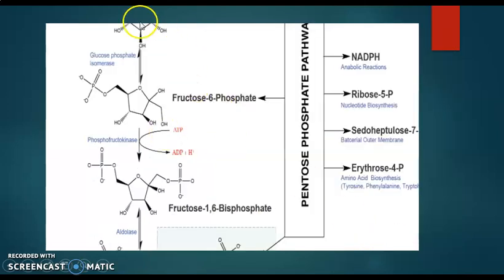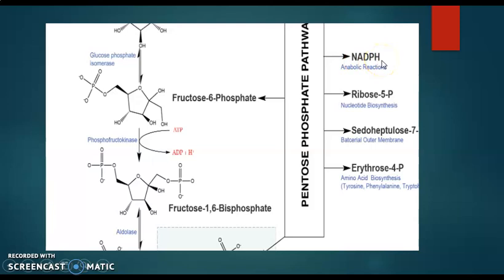In another slide, this glucose 6-phosphate, with the help of the enzyme glucose phosphate isomerase, can be converted to fructose 6-phosphate. And this molecule, again by the enzyme phosphofructokinase, may form fructose 1,6-bisphosphate also. So this fructose 6-phosphate can also enter from the pentose phosphate pathway, and the glucose 6-phosphate formed in the first step also directly enters the hexose monophosphate pathway, and this may result in the synthesis of what?